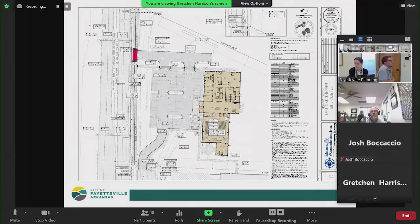As far as water and sewer access to the site, both are available, and the development will be connecting to a 6-inch water main along the south of the property, and it's also going to connect to an 8-inch sanitary sewer main on the west side of the property. Since this is a church facility and a non-residential development, it is not subject to our parkland dedication requirements, and it is also not subject to our commercial design standards. As far as tree preservation goes, there is a 25% minimum canopy requirement for this site. The existing canopy is 27%, and the amount to be preserved is...